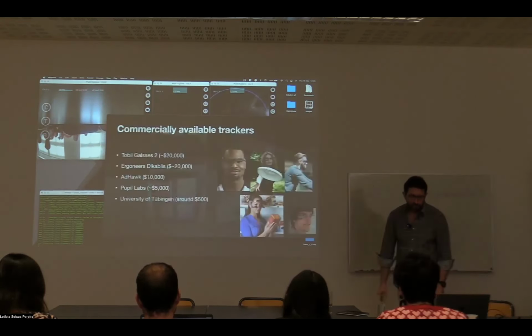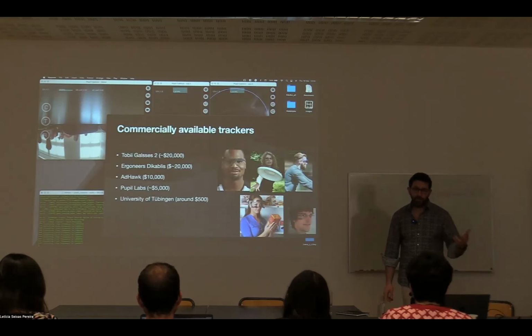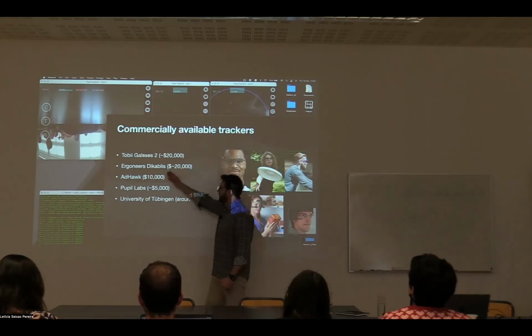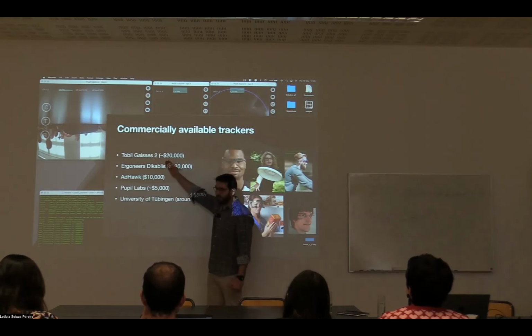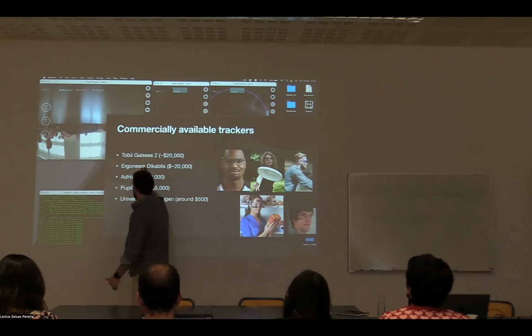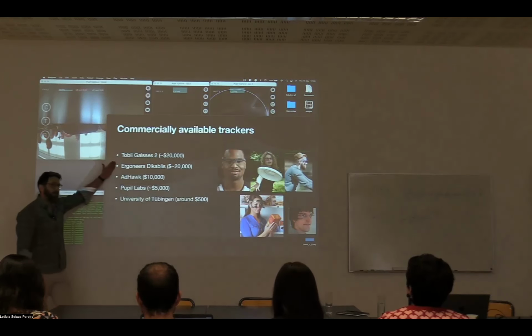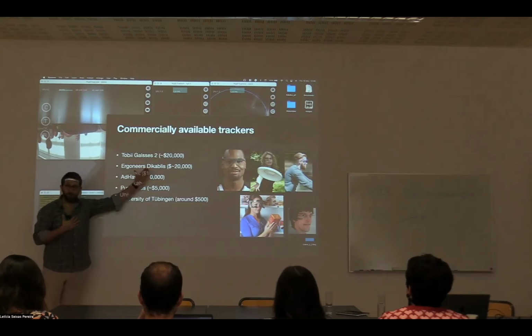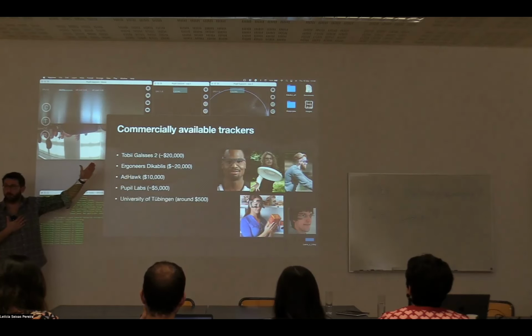Right. So what we have on the shelf, we have a big player's glasses, Tobii glasses. This is a big company. So you buy good hardware and good software. And my best guess is, because I never worked for them, but my best guess is that this price, 20,000 euros, comes mainly from the software.